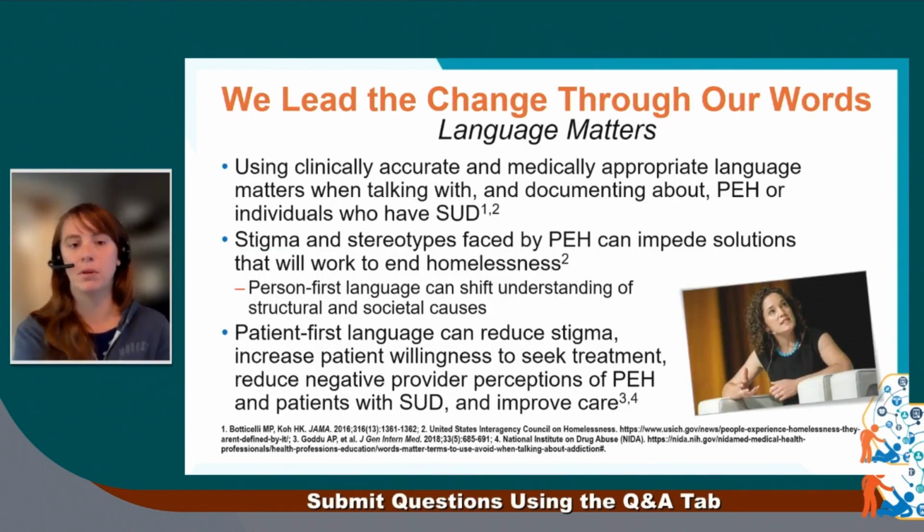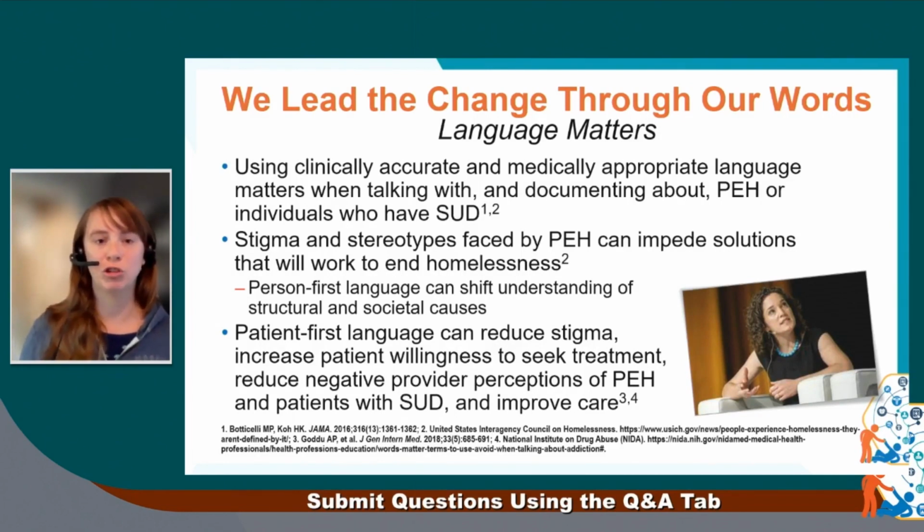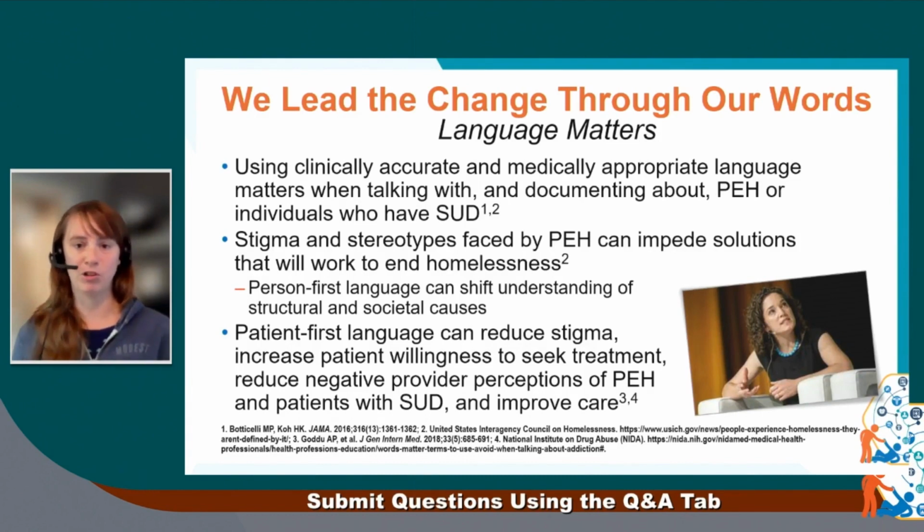A practical example of how I've seen this in my practice, I had the pleasure and honor to work alongside Nora Englander, who's pictured here. Her and I launched an addiction consult service in an acute medical setting in Portland. And we brought the first peer support staff ever hired at the hospital, formally from a substance use and homeless perspective. And she shared with me, and I have her permission to share this in my presentations, this is what's at the end of her signature and every medical note she writes. And I just really love it.